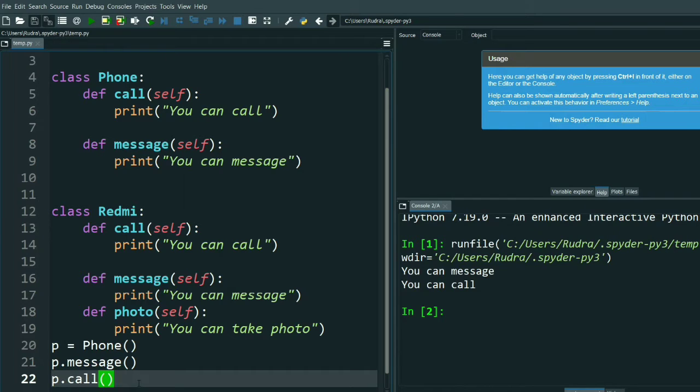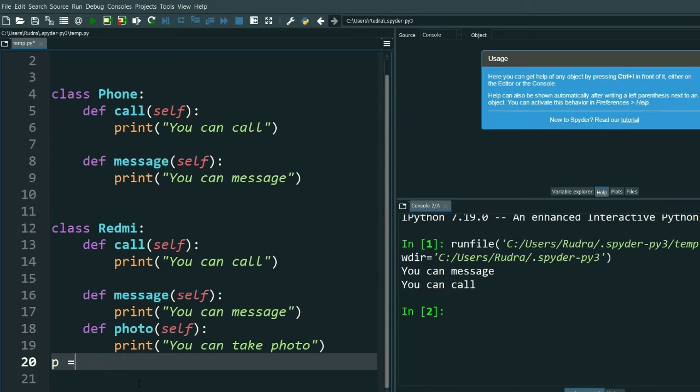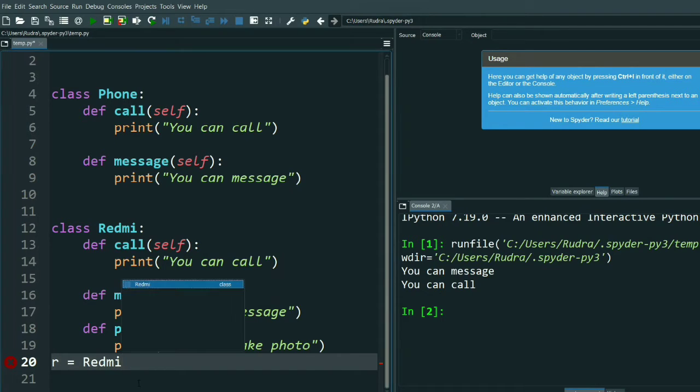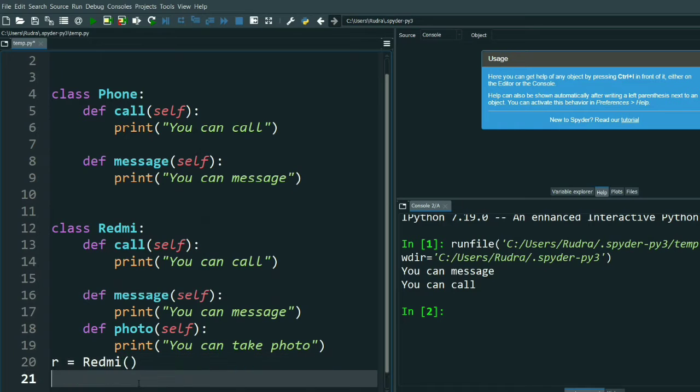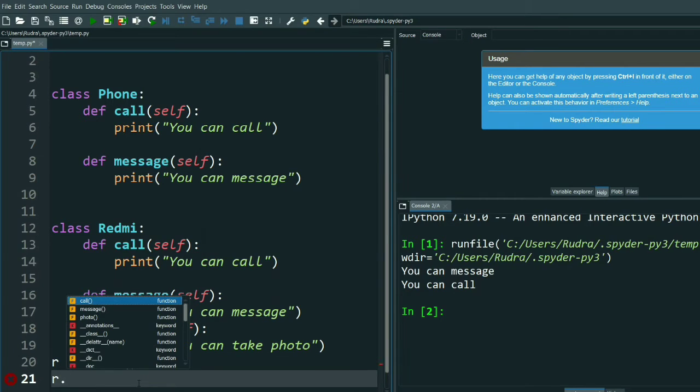Now let me do this with Redmi. I have taken the name as Redmi, so r equals Redmi. So r dot, what is there? See, call, message and photo are coming.